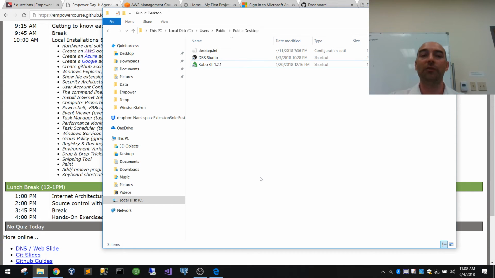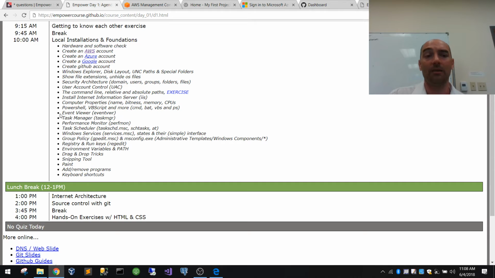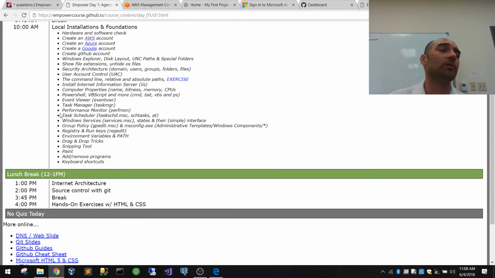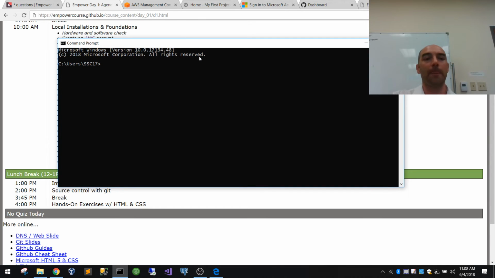Remember what I've just taught you about the command line? And the command line is nothing special. All it is, is talking directly to a computer and giving commands instead of using the graphical user interface. So there is a little practice we're going to have this afternoon to test your ability to create your own directories and to navigate. The only thing I wanted to leave you with is, this is a command window, by the way,